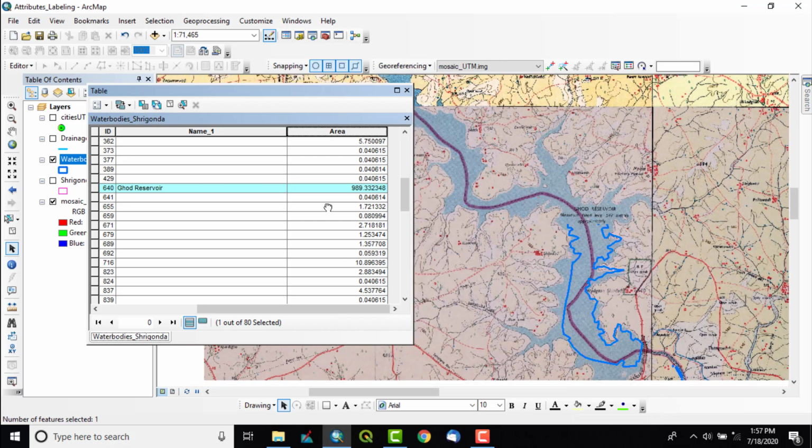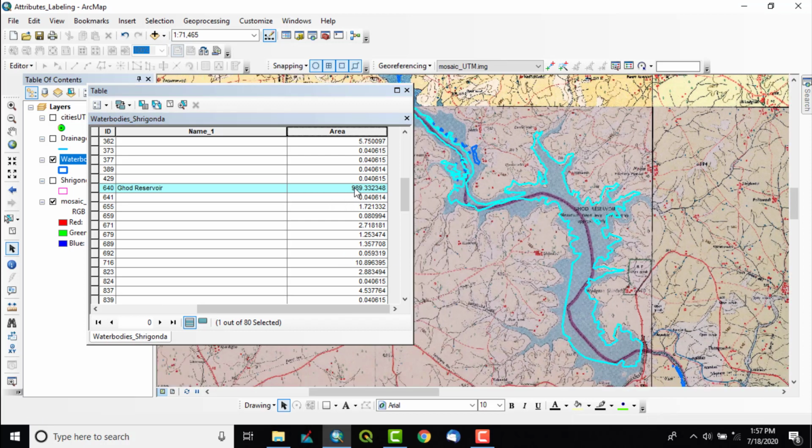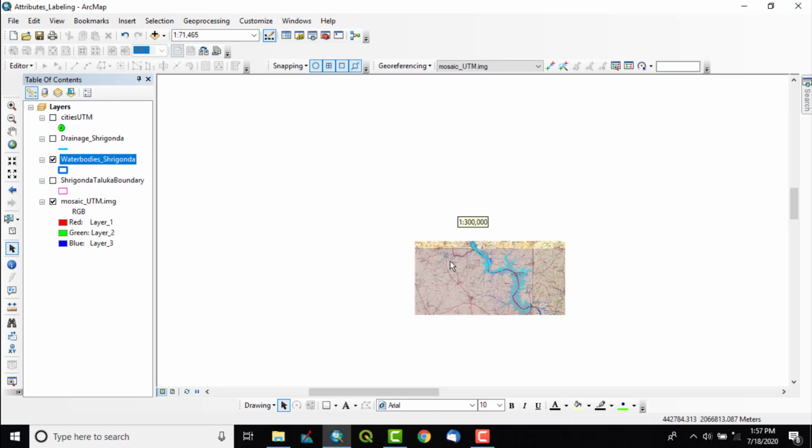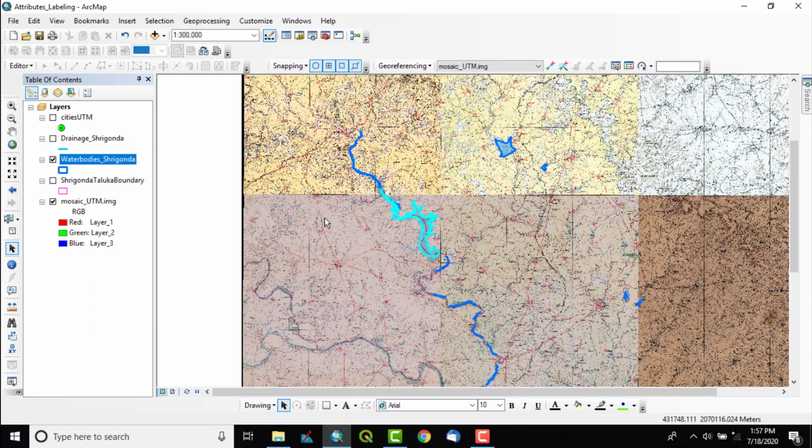Ghod reservoir covers around 990 hectares of area, and all other small and big dams' areas have been calculated. So you can see very easily and efficiently we can measure the length and the area of the features that we have digitized.